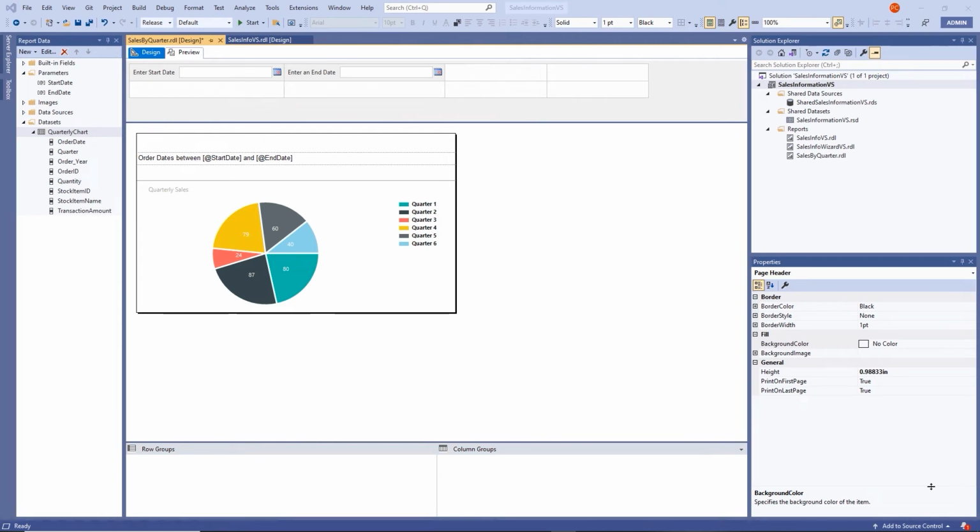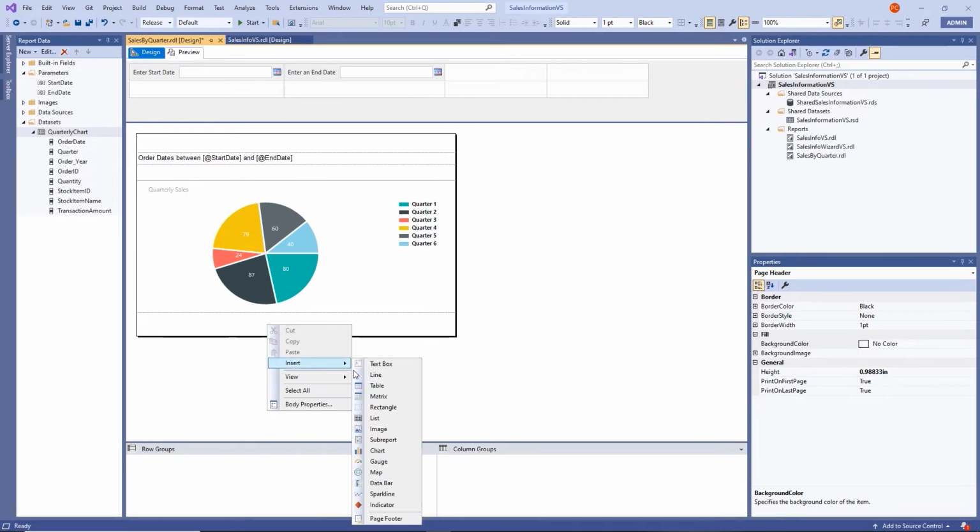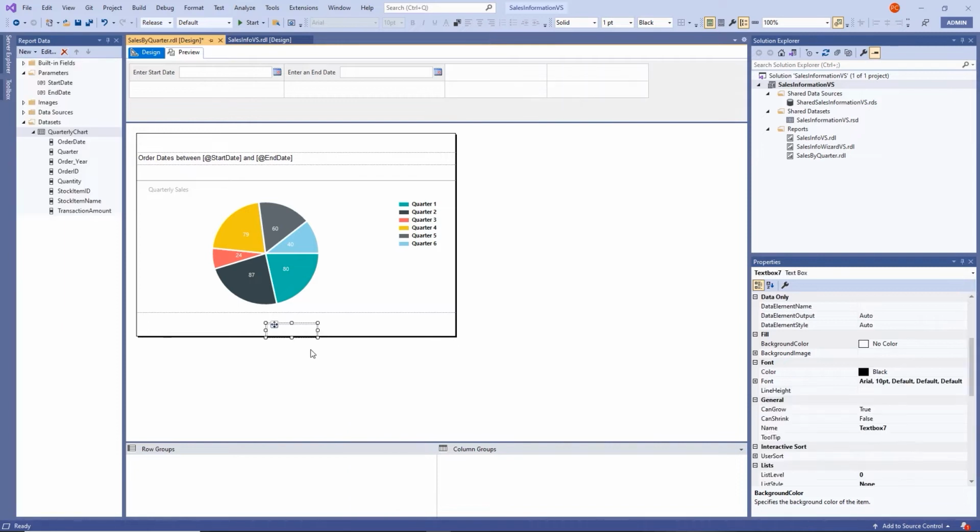Now we're going to put an actionable text box underneath our chart. And when the text in the text box is clicked, it will actually go to a specific URL. So the first thing we're going to do is put your mouse on the bottom black border underneath your chart so you get that vertical arrow. Hold your mouse down and drag down just a little bit. In the newly created blank space, you're going to right click, hover over Insert, and you're going to choose Text Box. We're going to move the text box to the left